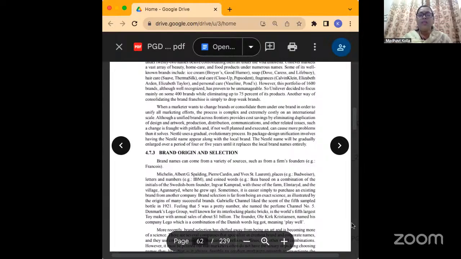So that is why it's important that a package design modification is required. For example, in the case of Nestle, its name appears along with the local brand. So what the company does is, over a period of say 4 or 5 years, it tries to expand its market, and finally, its strategy is very simple. It replaces the local brand completely, and then starts selling